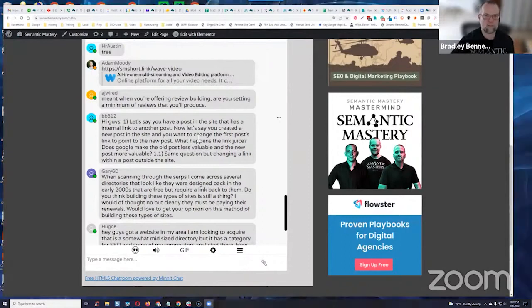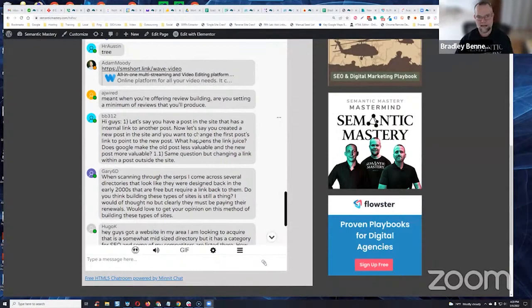Or a more appropriate resource to link to from within that original page that you had been linking to the old blog post. If that makes sense, then if you have a better target, something that would complement the page you're linking from better, then you redirect to that new blog post.